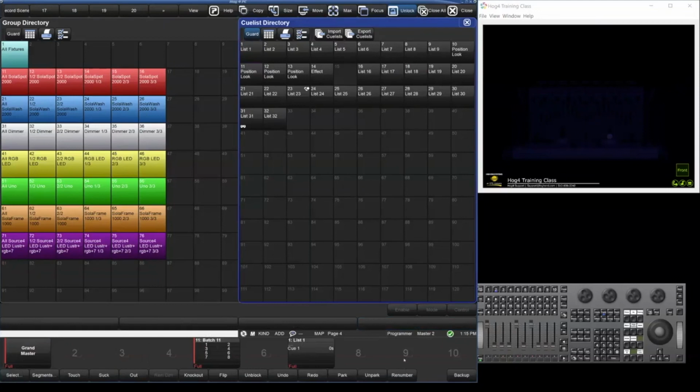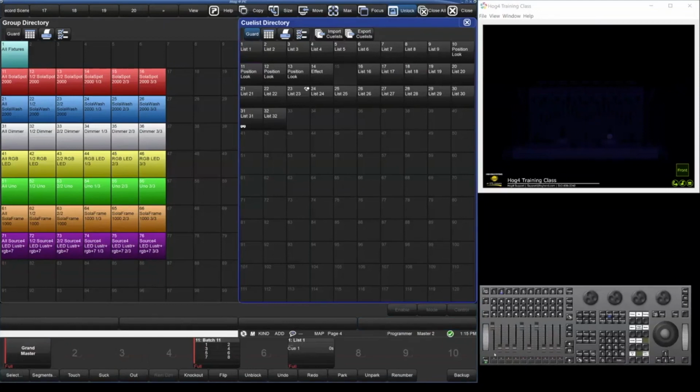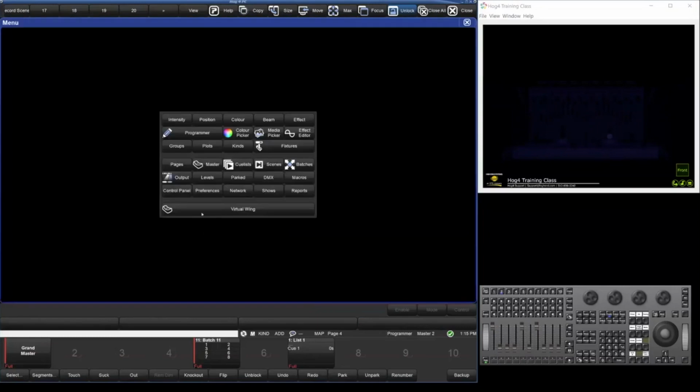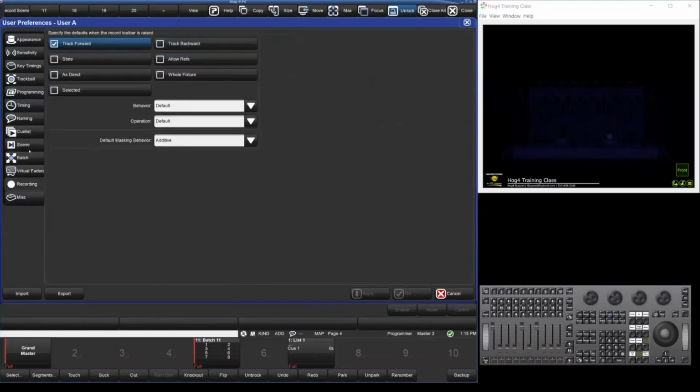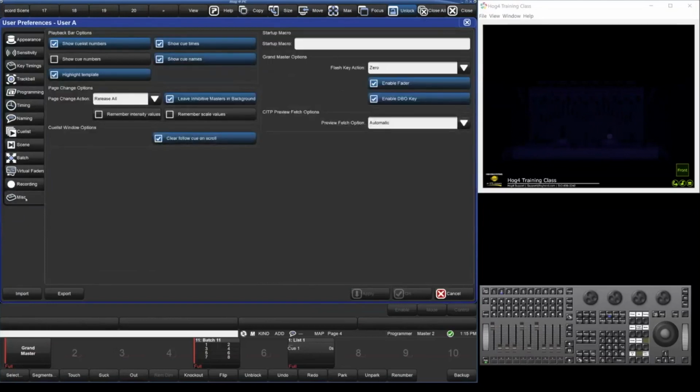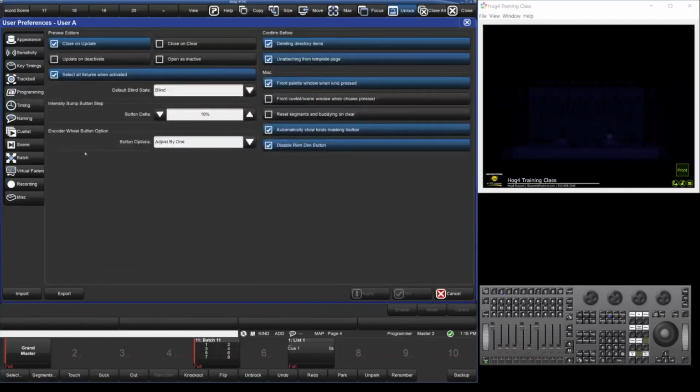Console question. On a physical console, what are the small buttons under each parameter wheel? Yeah, so those are different programming options. I'll bring them up real quick. They actually do something. They're not just there for fun. Underneath, where it should say program, are the encoder wheel button options. You have adjust by 1, so that'll increase the DMX